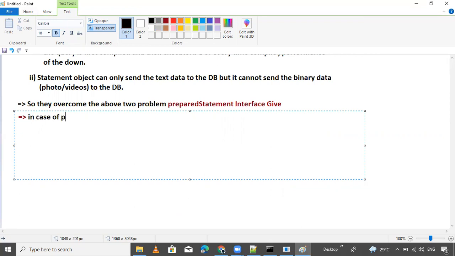In case of PreparedStatement, the SQL query will first be sent to the database for compilation. And after that,